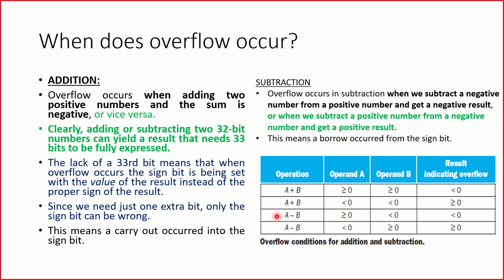So the point is very simple. There is no 33rd bit available for us when it comes to the representation. We have only 32 bits. So what will happen? The existing 32 bits will be acquired, the last bit is going to be used for this purpose, and we get a wrong result. That's it. The lack of the 33rd bit is the problem. Whenever there is an overflow, we do not get the right result. We need 33 bits, but what we have is only 32 bits.